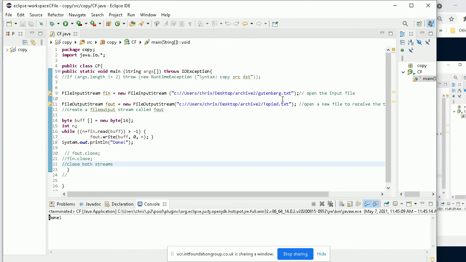I think that should be copied.txt, and that's located in archive 2. I think I'll risk upsetting the system if I show you the file, but it will contain the entire contents of Gutenberg.txt. And so just to repeat the logic of this, I'm creating a stream,